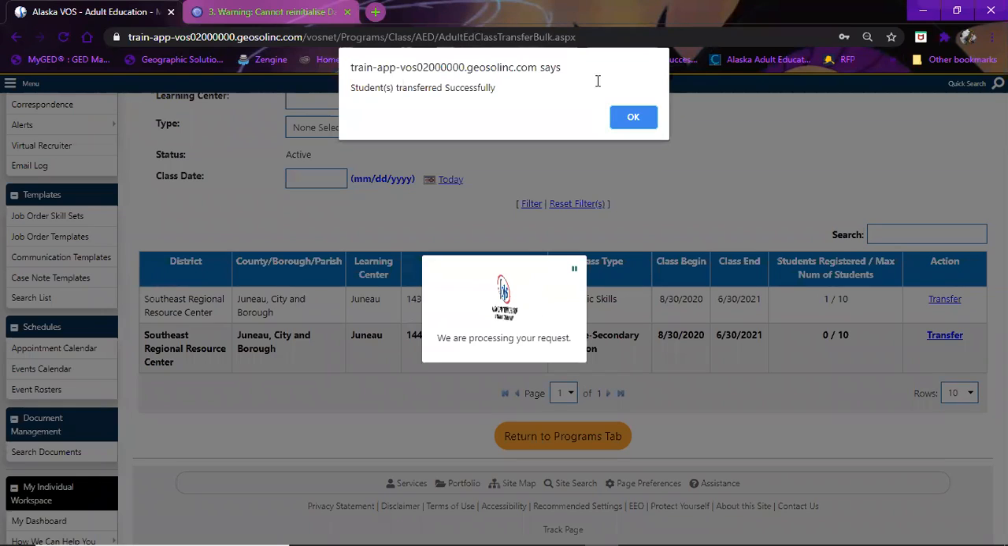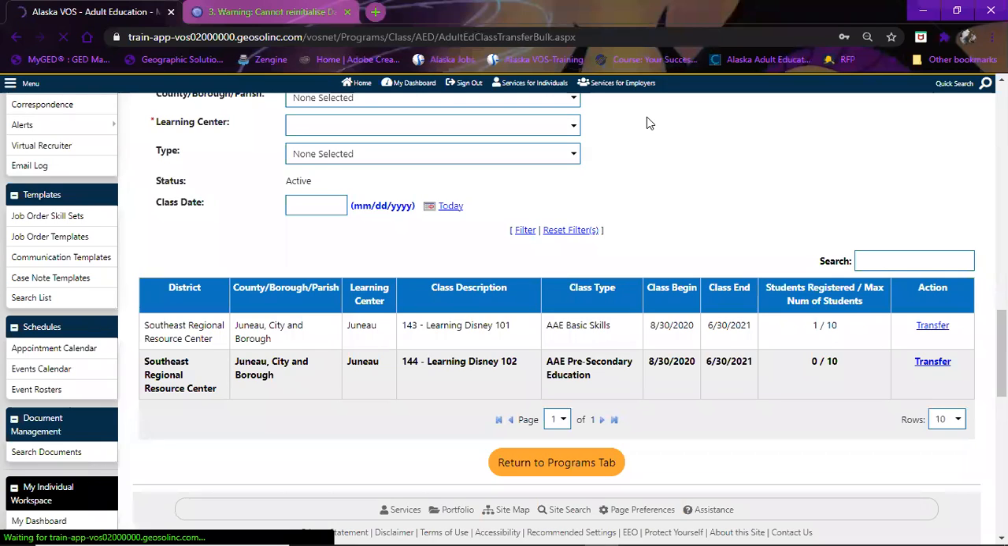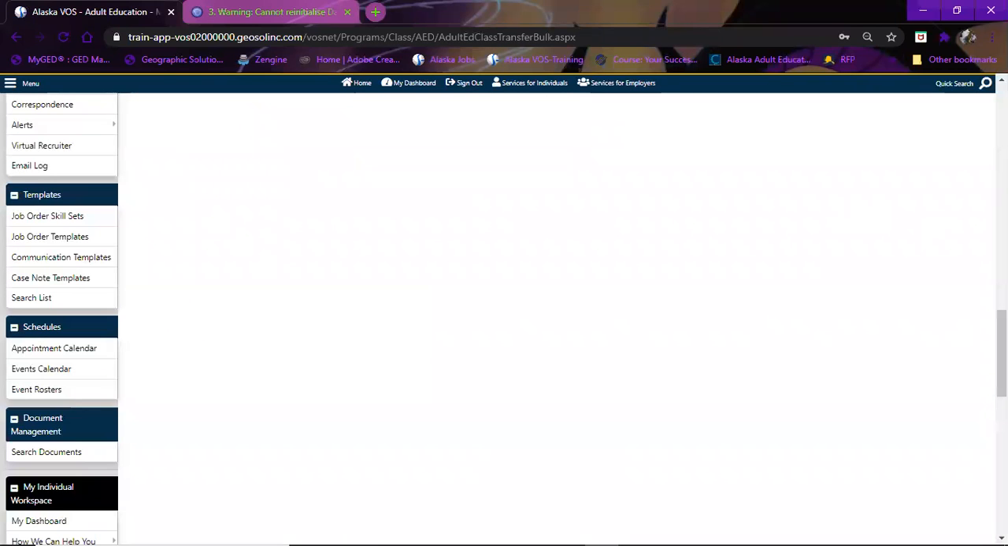They're successfully transferred, all 3 of them. I'm not sure why all 3 of them. That's really weird. But now, if I go down, up or up,